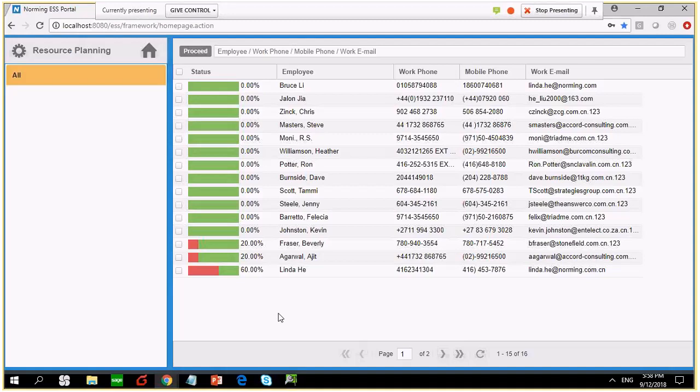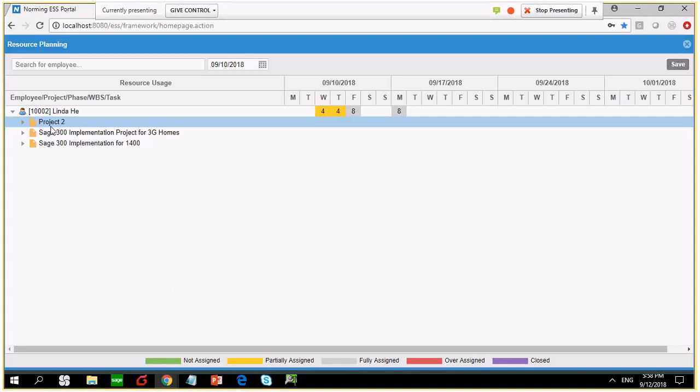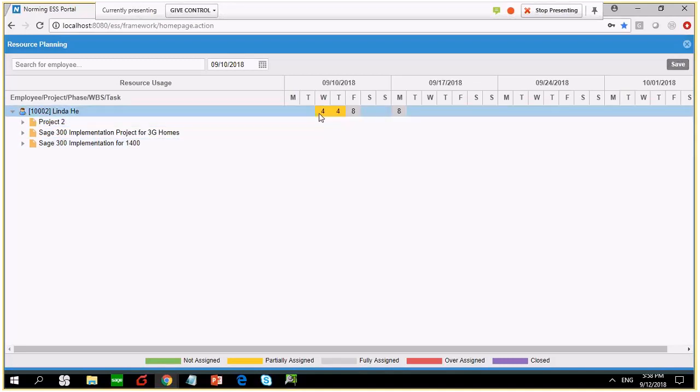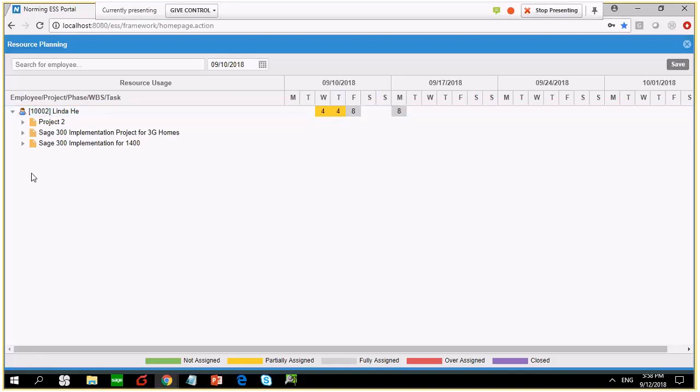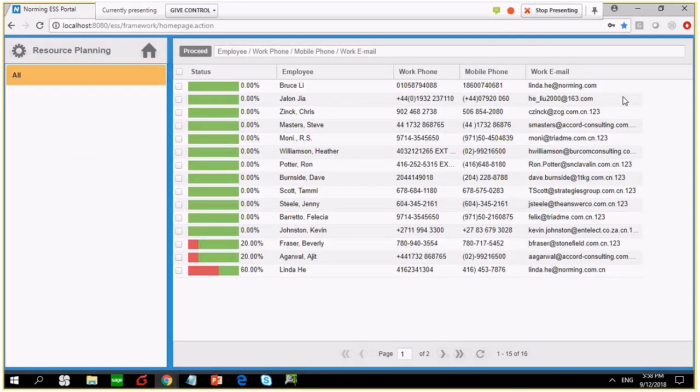particular time range. Let me say for Linda, I can select Linda to see that Linda has been assigned to 3 projects: 4 hours on Wednesday, 4 hours on Thursday, and 8 hours on Friday. So these 2 icons allow you to assign employees to projects and tasks, but they provide different perspectives of view of the